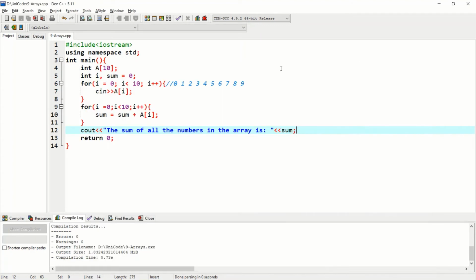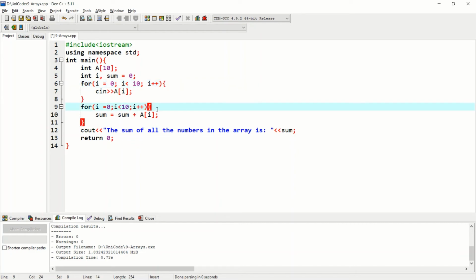This was the sum of all the numbers in an array. You can just screenshot this code, or you can just type this code in your system. It is pretty simple. We can also modify this code, like if I want the sum of even numbers and sum of odd numbers separately,